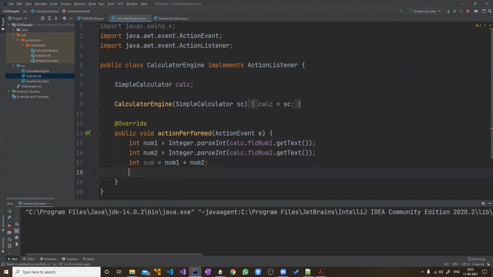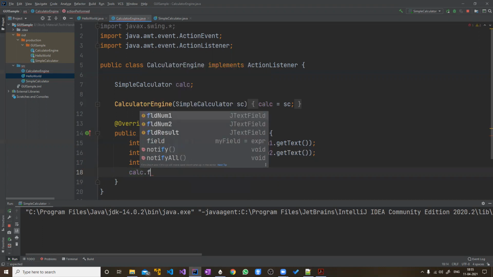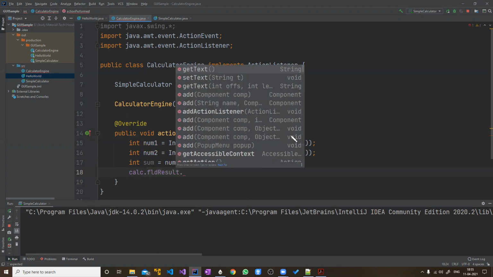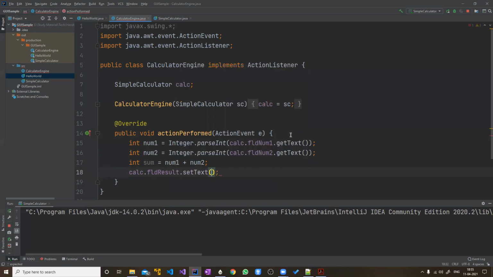Next, we have to display it in the result field, the sum field. Yes. So for that, in calc, you had the field for result, field result dot, just like get text gives you the text, set text will set the text to sum.